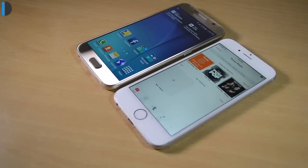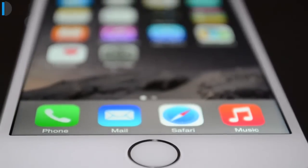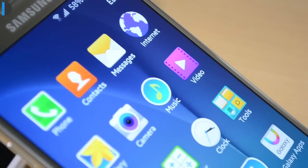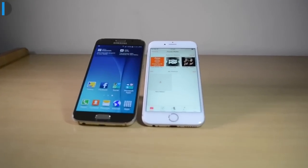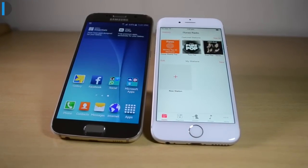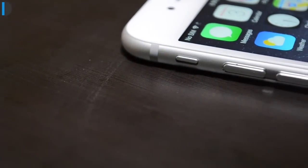Talking about software, they are vastly different and they run different OS. Apple iPhone runs on iOS, which is Apple's own OS, whereas Samsung Galaxy runs on the Android OS Lollipop version, and on top of it there is TouchWiz skin. There is a huge difference in the hardware specifications as well. While the Apple iPhone uses a 1.4 GHz dual core chip with 1 GB of RAM, the Samsung Galaxy S6 uses Exynos 7420 64-bit chipset, which is an octa-core chipset and uses 3 GB of RAM, which is thrice that of iPhone 6. So in terms of pure specifications, the iPhone 6 is comparatively much less loaded compared to the